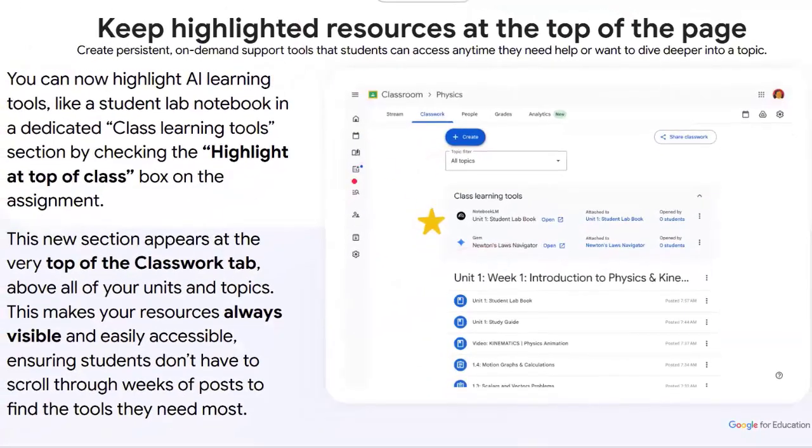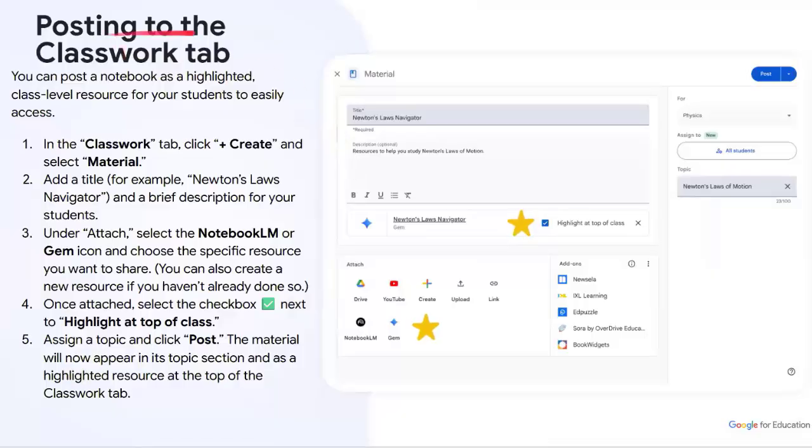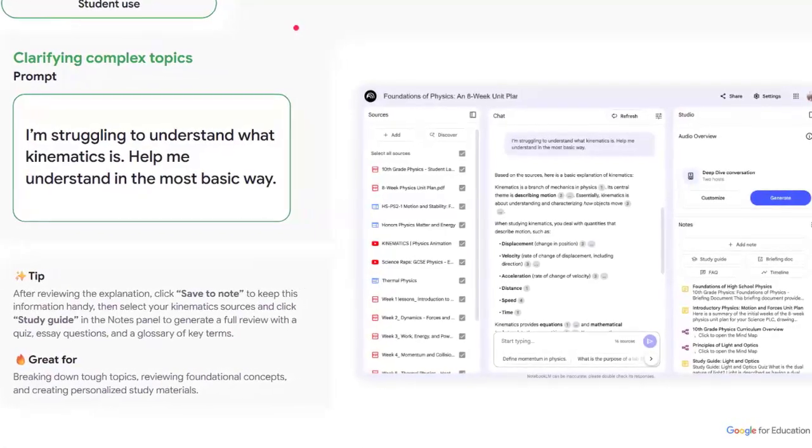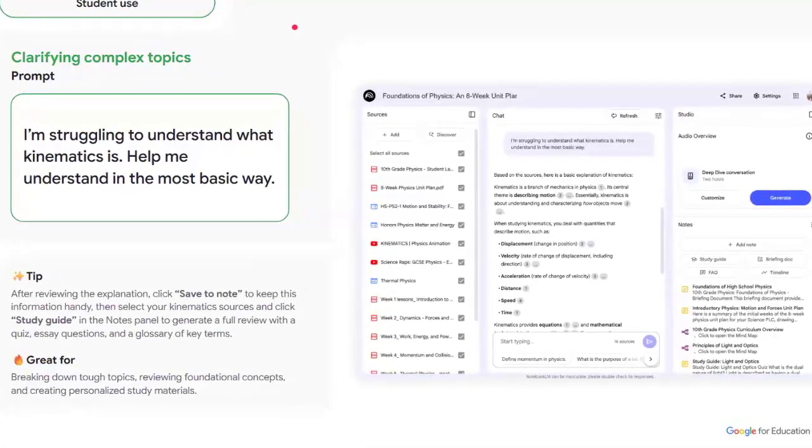And that's that highlight. And then posting to the classwork. So you can post it as an assignment. Just know if you do that, it will show up in your gradebook part of your Google Classroom. On the student use side, if you are using this in your class, you would definitely want to model what this looks like. I doubt if any of our students know what NotebookLM is, and just explaining how to create a good prompt,